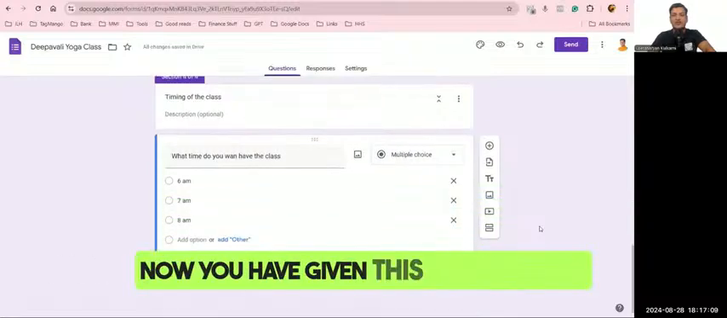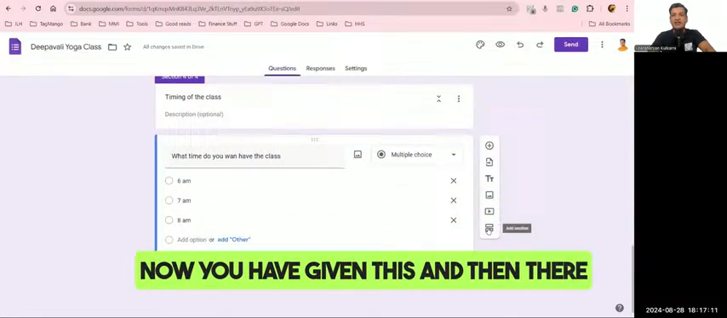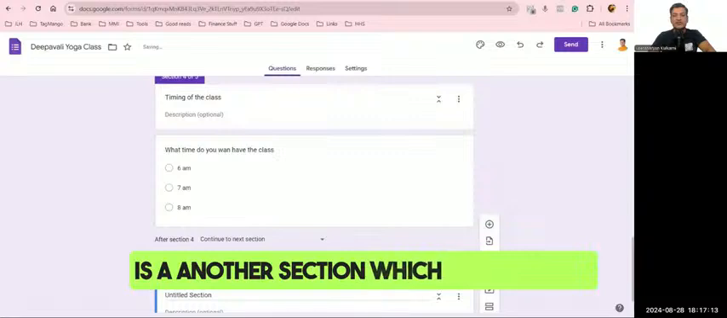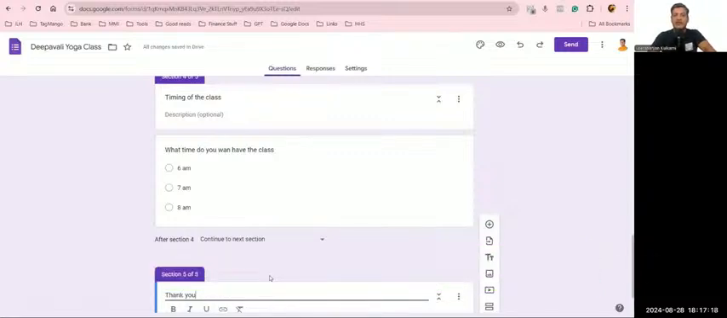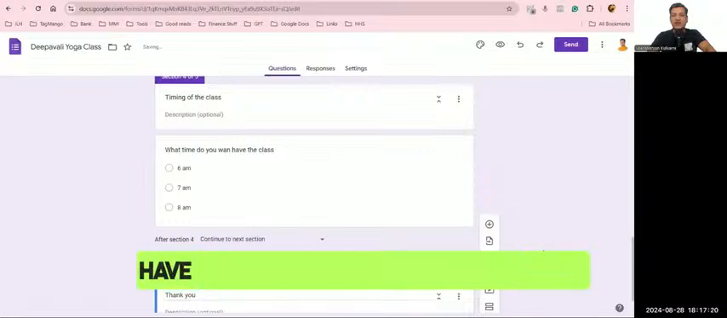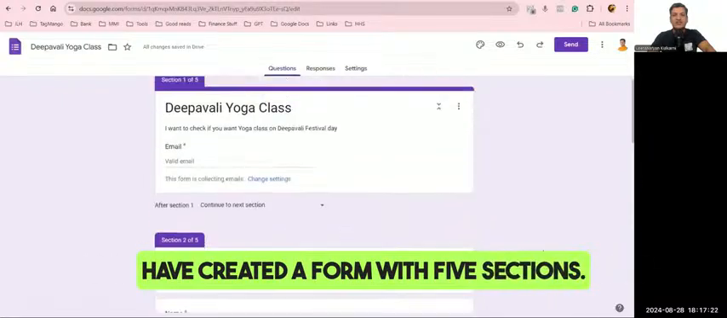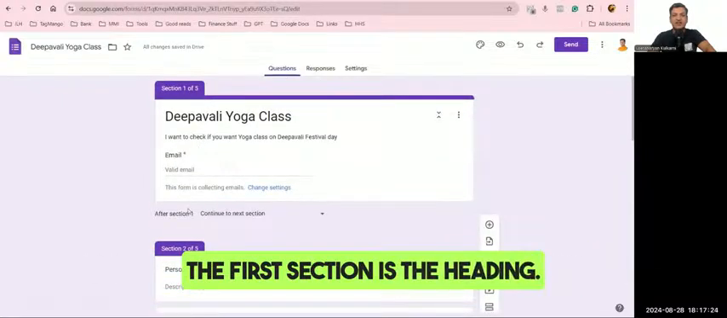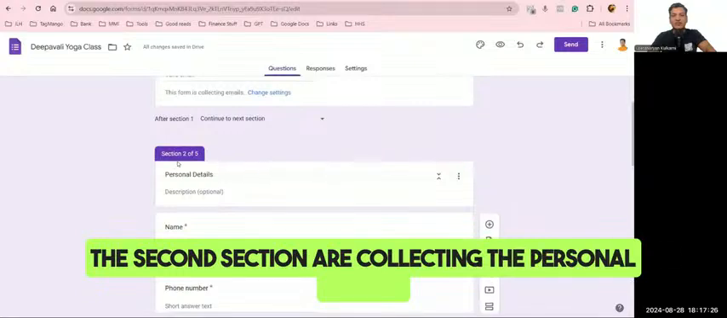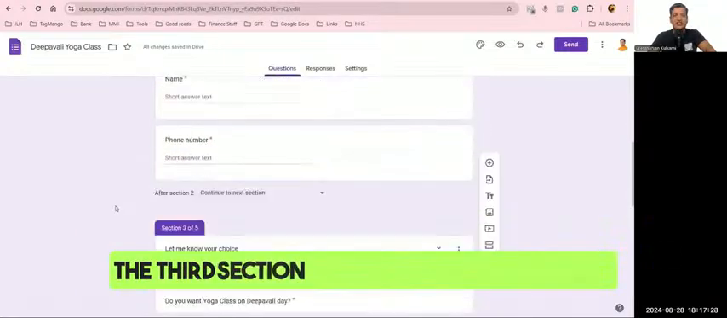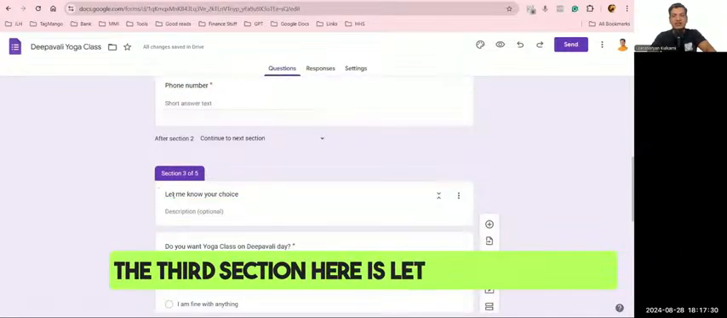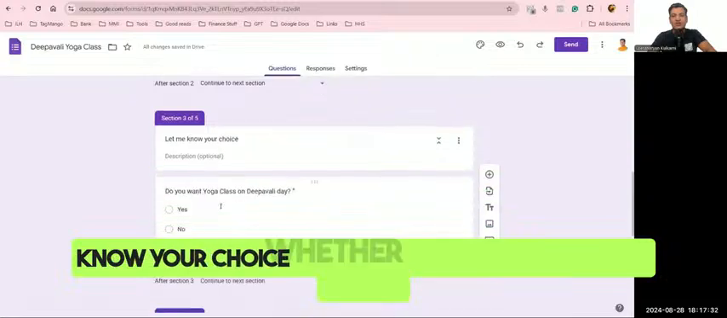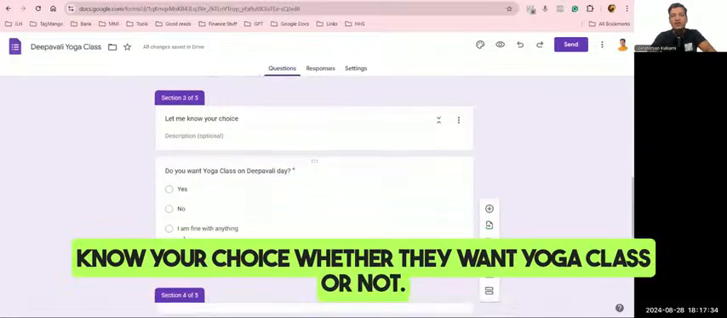Now you have given this, and then there is another section, which is thank you. So what we have done is we have created a form with 5 sections. The first section is the heading. The second section is collecting the personal details. The third section here is let me know your choice, whether they want yoga class or not. Now,